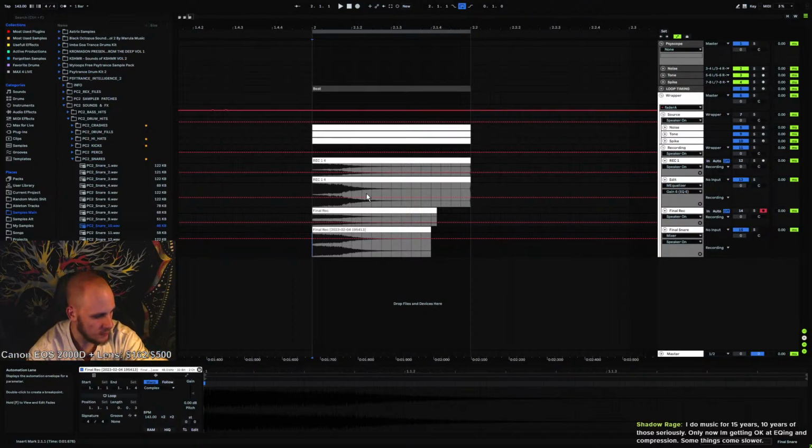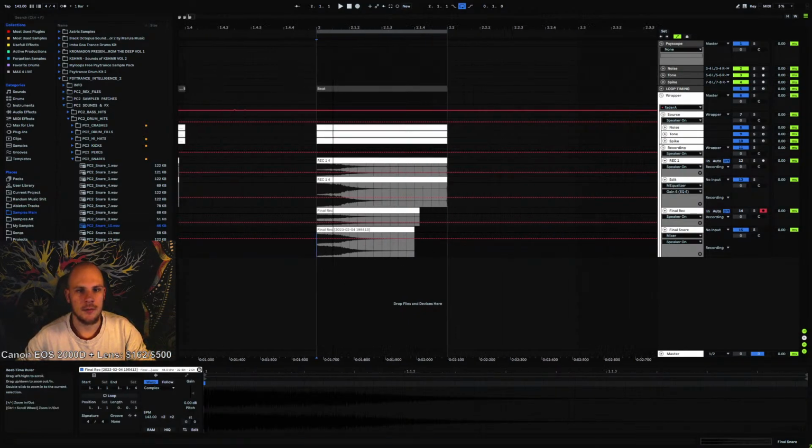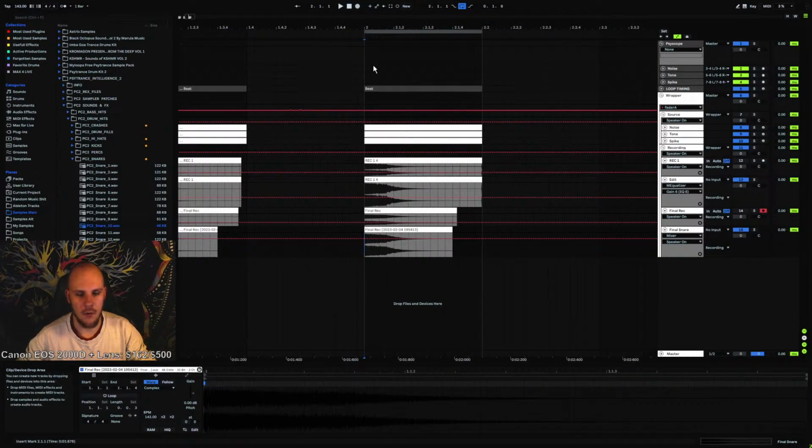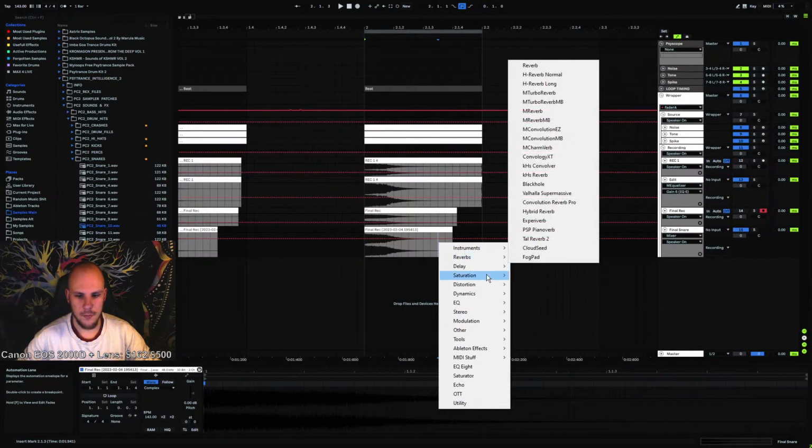Only now I'm getting okay at EQing and compression. Some things come slower. Yeah, for me it's not the EQing. I've always had a grasp on how I should EQ. Not always, obviously, but from a very early beginning, I was definitely decent at making sure that my sounds were tonally balanced and stuff like that. Compression I've struggled with for the longest time, up until now. I still don't have the listening environment for it,